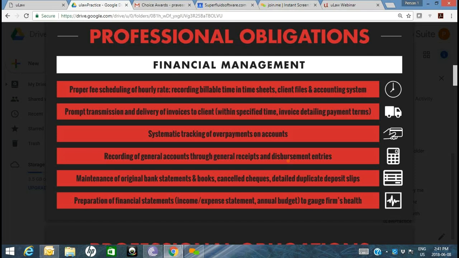So don't leave it to the last minute to react to the situation. Be proactive and have a system in place to record disbursements, especially general disbursements, because that's your money that you already paid in advance. Okay? The last two things are record keeping, or I would say bookkeeping, in terms of the documents that you're required to present. Maintaining original bank statements and books, especially canceled checks and any duplicate deposit slips that you may have. And last but not the least, preparing the financial statements,